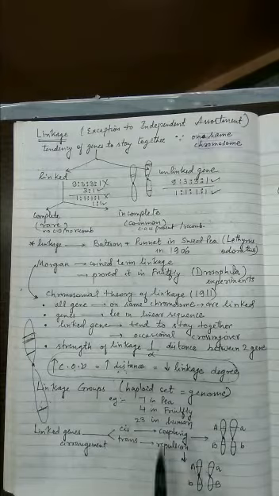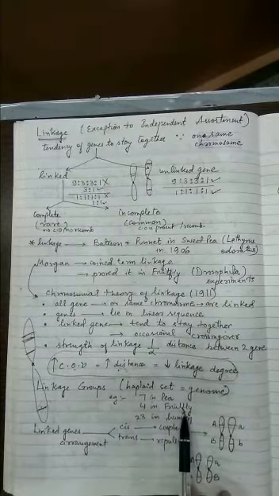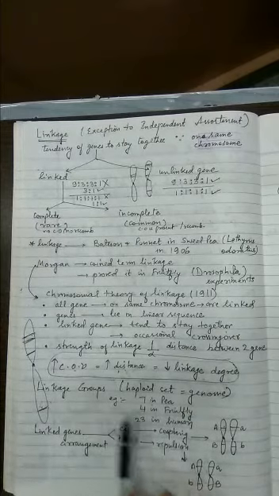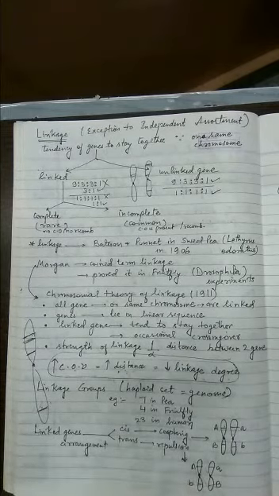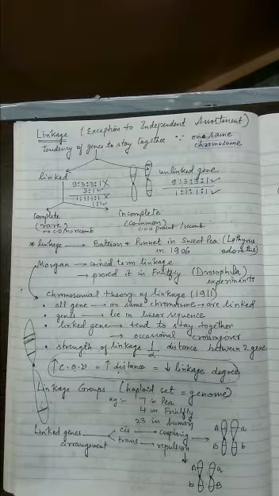23 linkage groups. Fruit fly has 8 chromosomes, or 4 pairs of chromosomes. Its gametes will carry 4 chromosomes, so the linkage group will be how many? 4. Pea plant has 14 chromosomes, or 7 pairs of chromosomes, so its gamete will carry 7 chromosomes, so the linkage group will be equal to 7. So the number of linkage groups is equal to the haploid set of chromosomes.